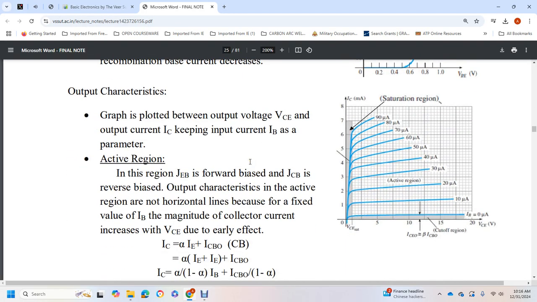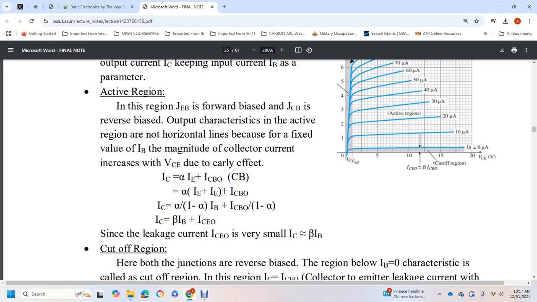Output characteristic graph between the output voltage collector emitter and output current IC, keeping input current IB bias as parameter. Active region. In this region the emitter junction is forward biased, and the collector junction is reverse biased. The output characteristic in the active region has non-horizontal lines because for a fixed value of the base bias magnitude, collector current increases with voltage collector emitter due to the effective